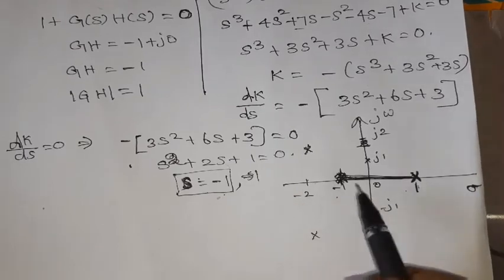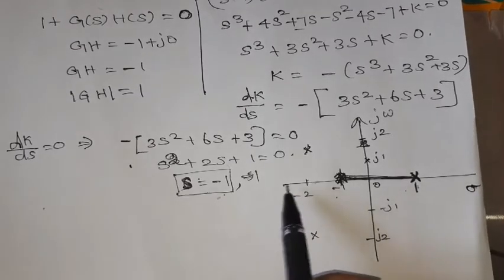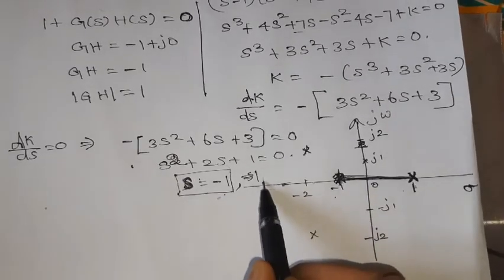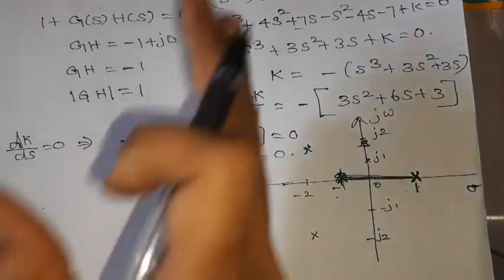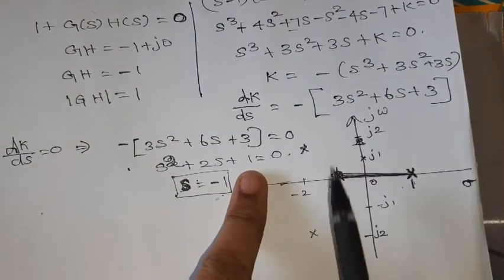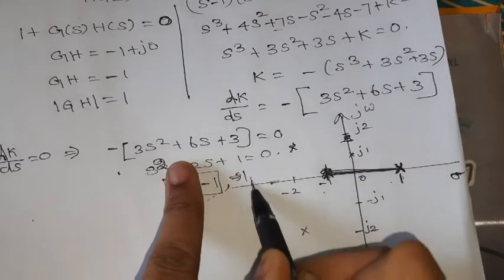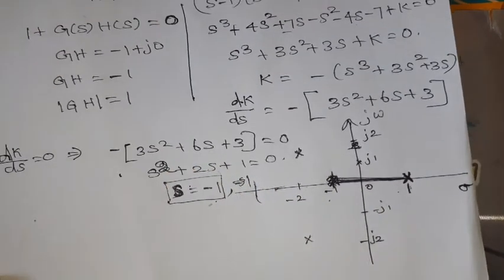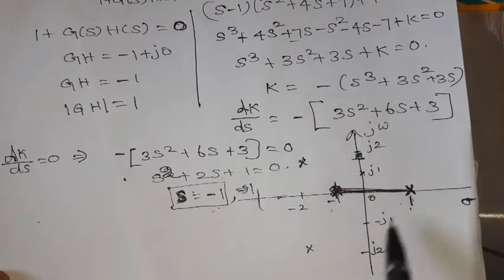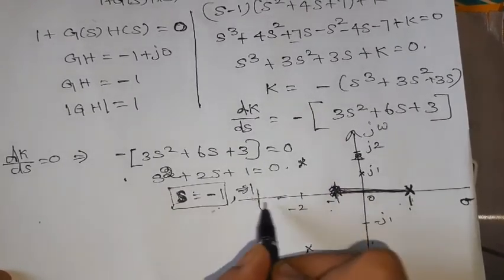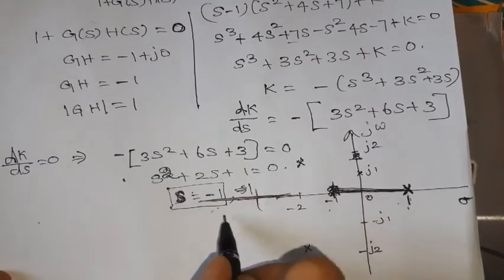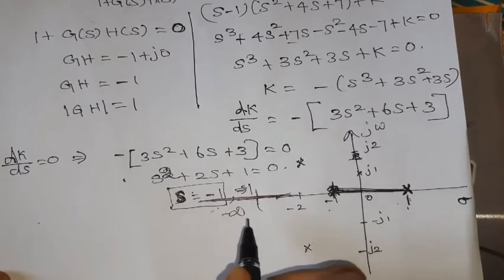When we check beyond this limit, what we will see, beyond this limit root locus will be available. When we check from here, what is the number of poles to the right, beyond these limits, if any breakaway point is available. So what is the number of poles? 3 poles. So root locus is available beyond this limit, up to minus infinity.